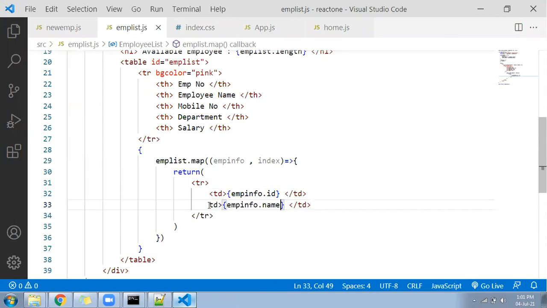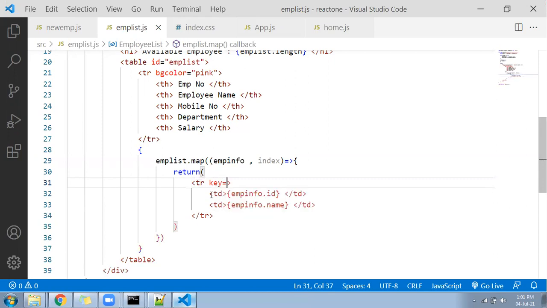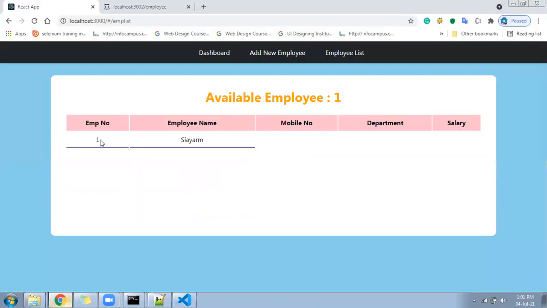Fine. Now after that, let's have a look into the browser whether ID and name are printing or not. If ID and name are printing, then we can print the remaining others. And meanwhile, before running the page, don't forget to apply the prop called key as index. It will make every TR a unique element. Okay, now I will go to the browser and I'll show you. Awesome, you can see EMP ID and name are coming. I have written the border bottom for the TR, so you don't worry. For the TH, I have written border bottom, because of that the border is coming here in the CSS file.